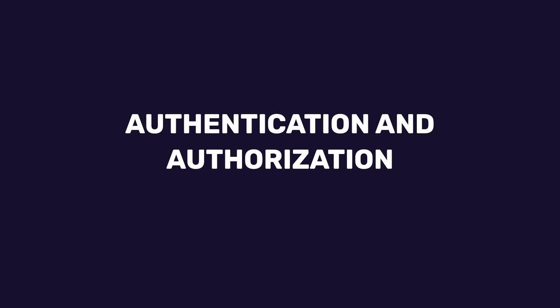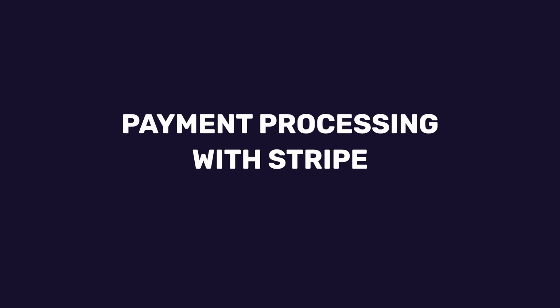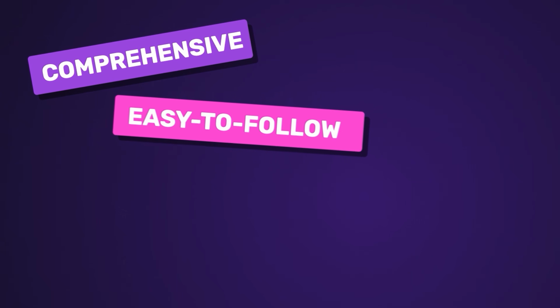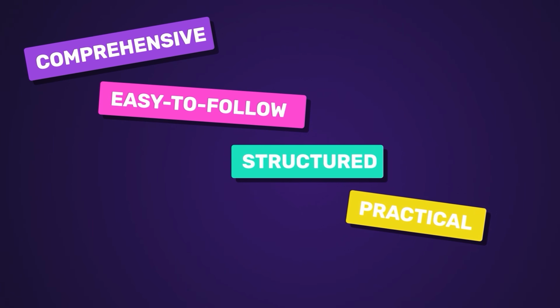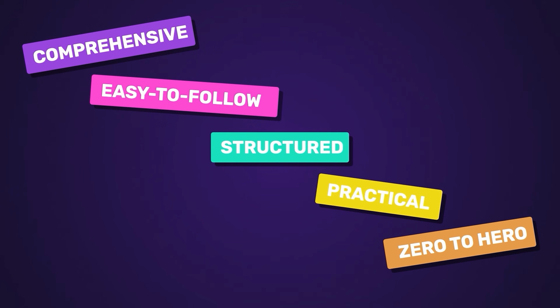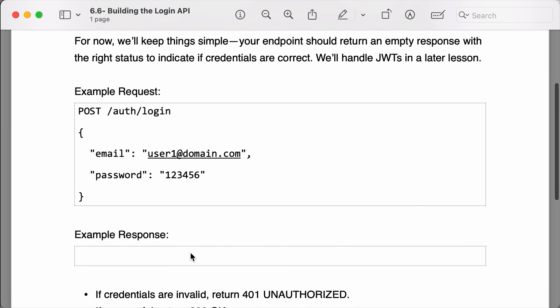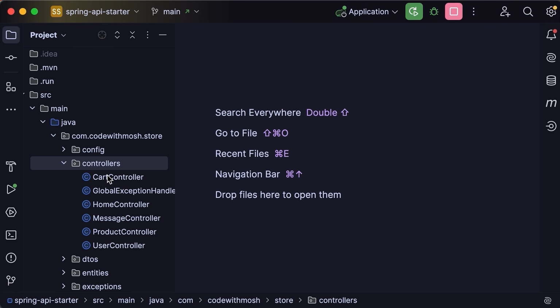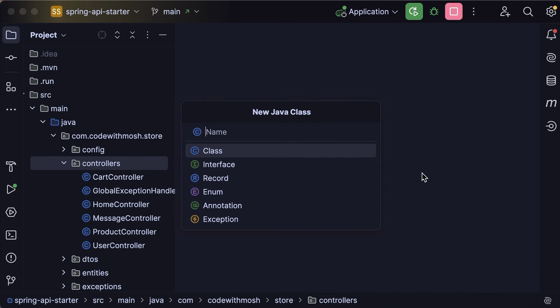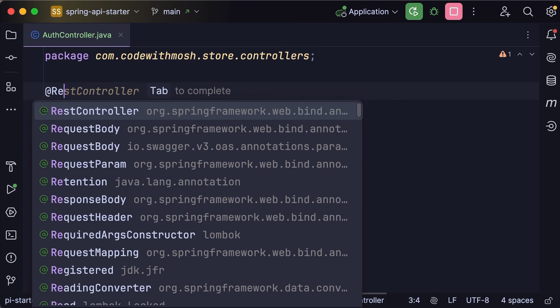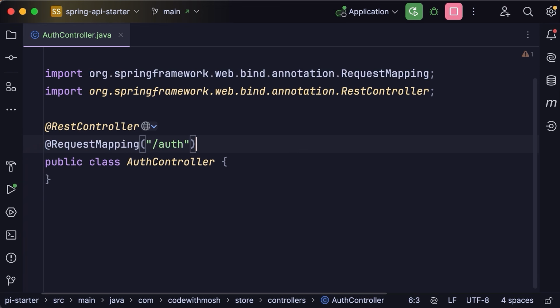You will learn how to implement authentication and role-based access control, how to handle payment processing with Stripe, and how to structure your code base like a professional developer. If you're looking for a comprehensive, easy-to-follow, well-structured, and practical course that takes you from zero to hero, this is the right course for you. Just like part 1, this course is packed with hands-on lessons, capstone projects, and real-world exercises designed to help you truly absorb what you're learning. If you're serious about becoming a Spring Boot developer, this part will give you the experience and confidence to build